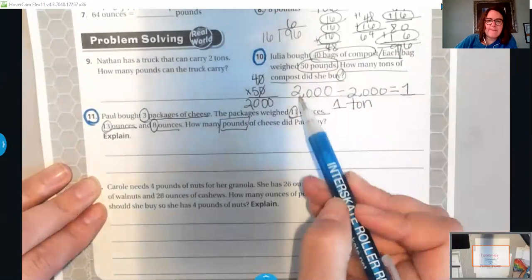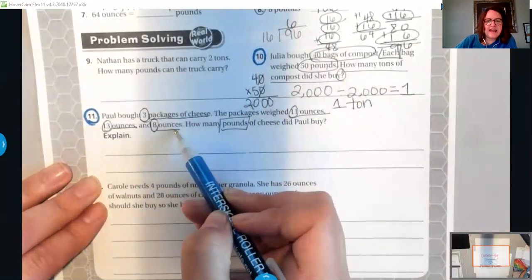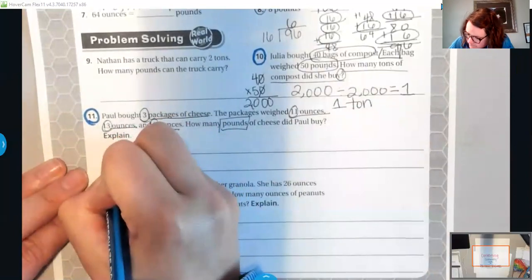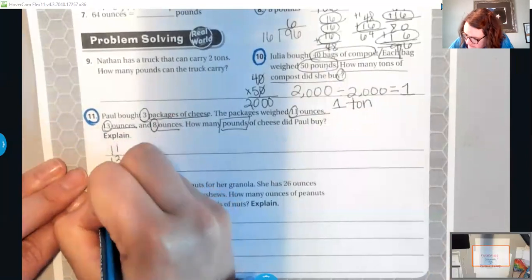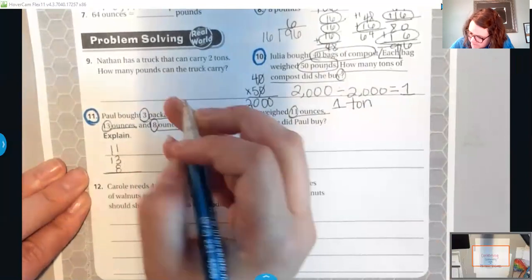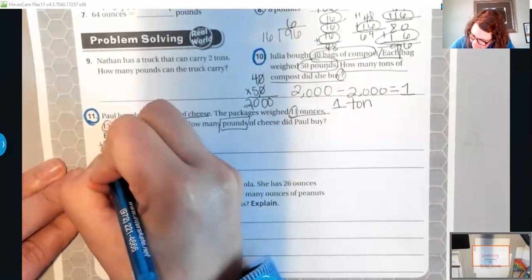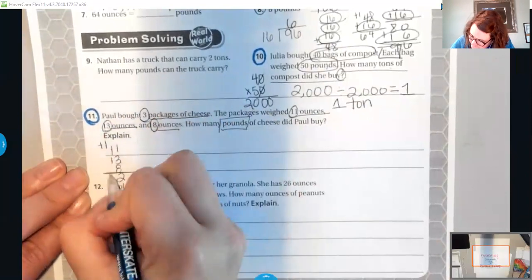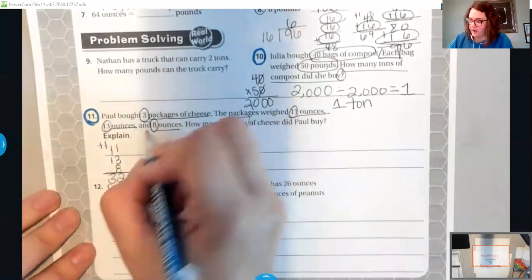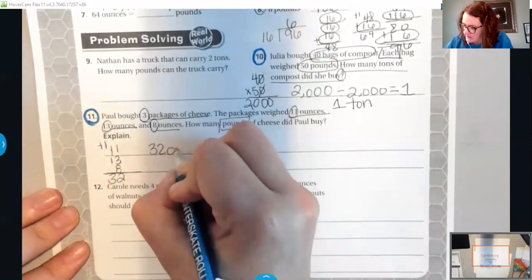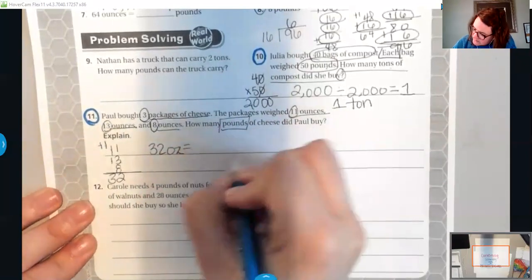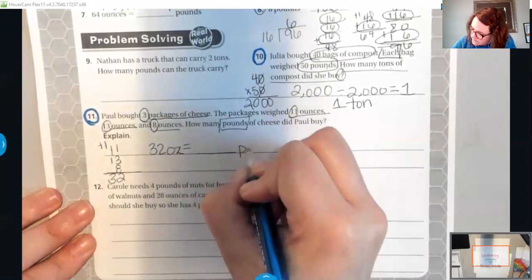So I'm going to take my 11, my 13, and my 8, and I'm going to add them. 11 plus 13 plus 8. 8, 9, 10, 11, 12. 1, 2, 3. He bought 32 ounces. And we're looking to take 32 ounces to how many